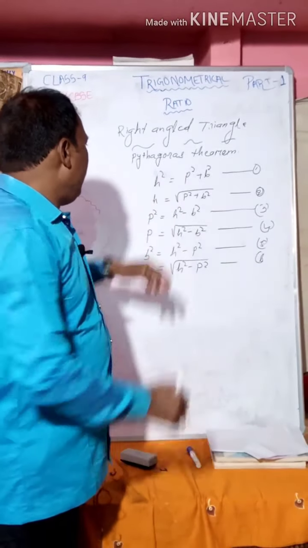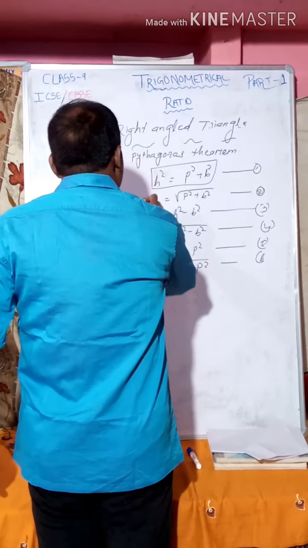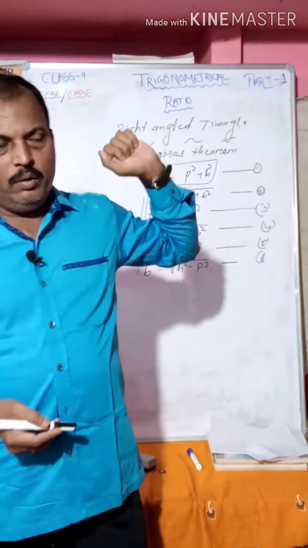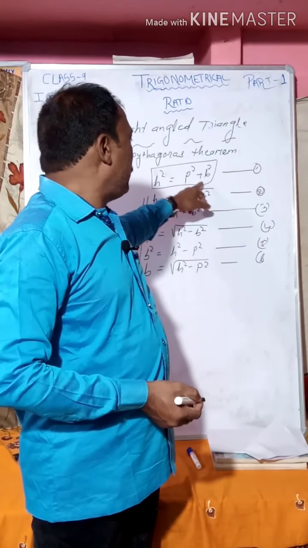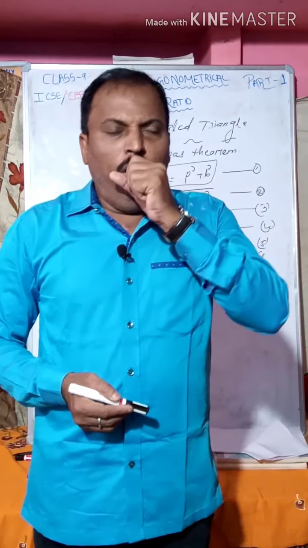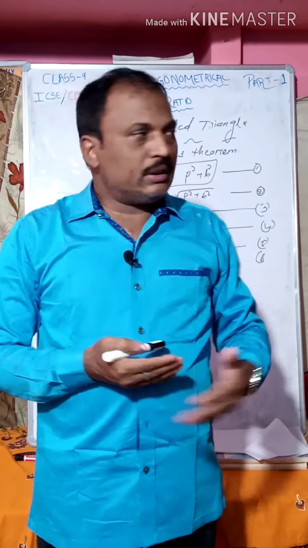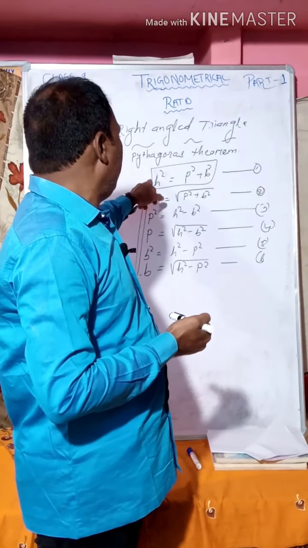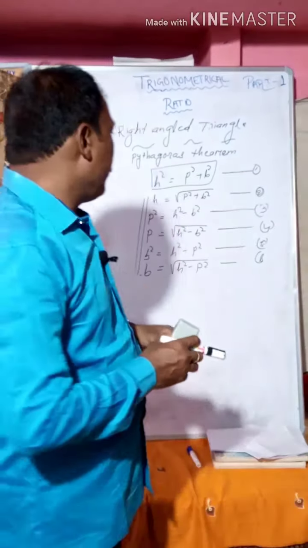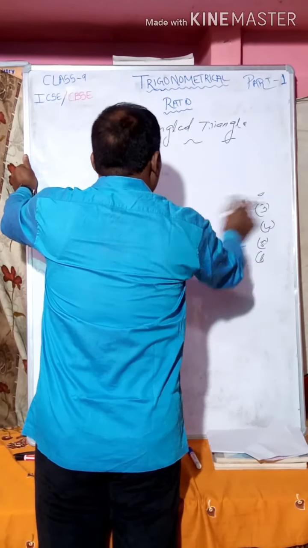If you know the first formula, you can solve the other 5. That is not a matter. Just by taking the first formula, we found the next 5 formulas. This is the formula, and these are the other techniques. Now let us go to trigonometrical ratios.